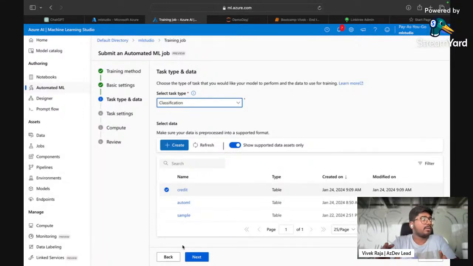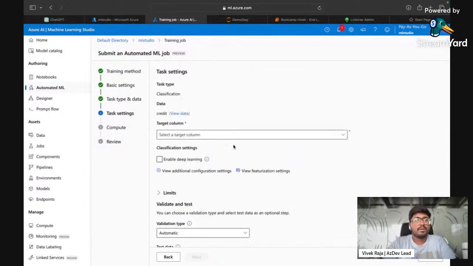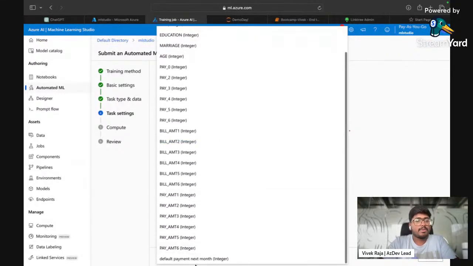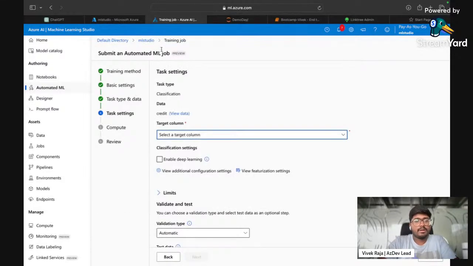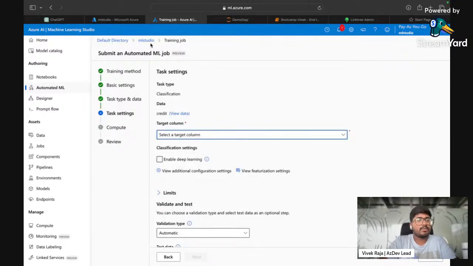Once you select the type of problem, which is classification, and your data set, click next. And what is our label or class? This credit is slightly different; we'll take up a new data set called credit.